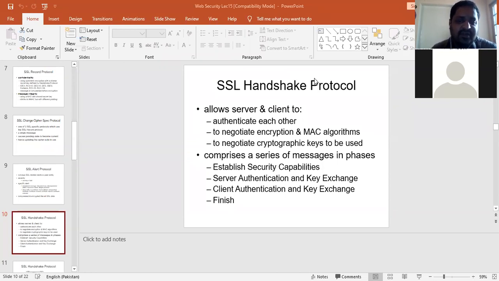And whenever it uses this protocol, it provides security to the data, it provides authentication to the data, and it provides some other functions like encryption or hashing of the data. And then we have